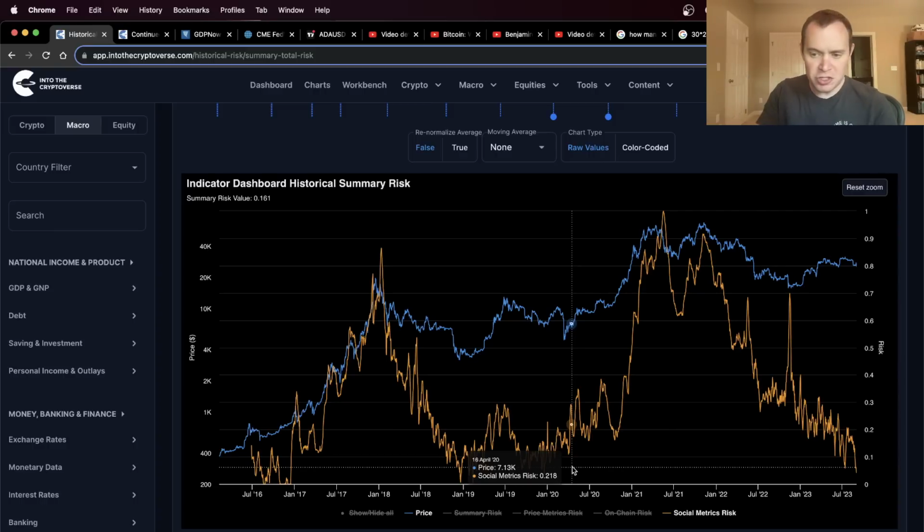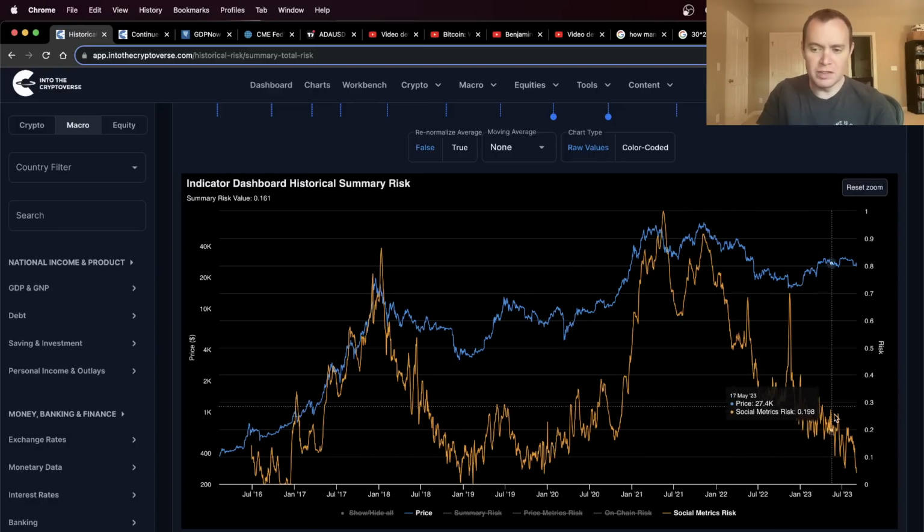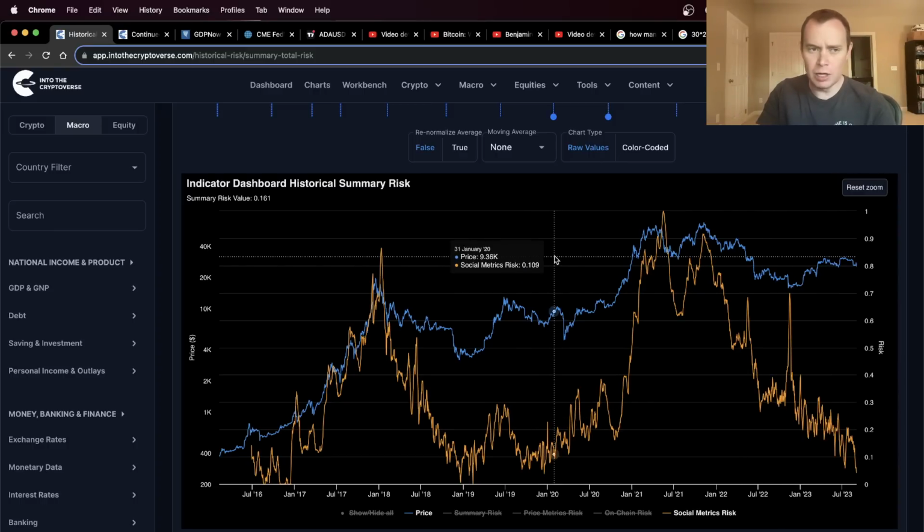So when you look at this chart and you look at the social risk, you can see that it just keeps putting in lower highs and lower lows. And if you're out there buying altcoins, you have to constantly ask yourself, who's the marginal buyer if every single week there's fewer people that are even tuning into the Cryptoverse? That doesn't mean that it will go down forever. Liquidity will eventually return to the cryptoverse, in my opinion, right?